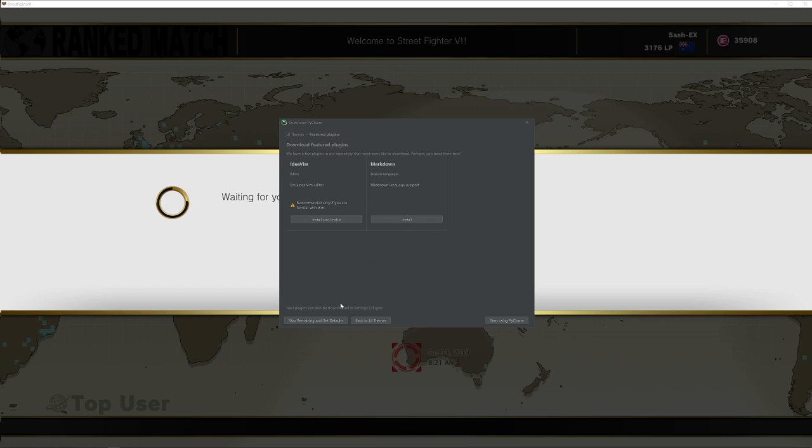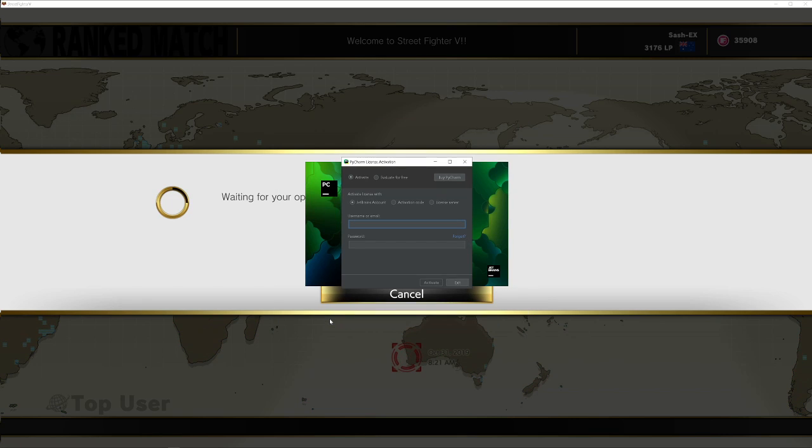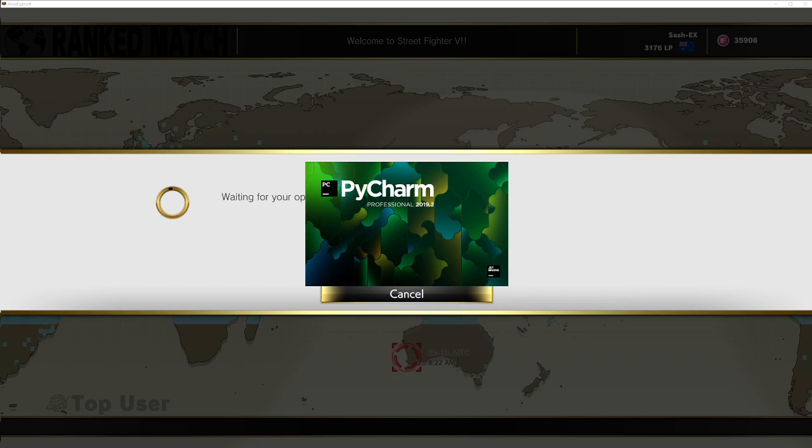So here's the main page of PyCharm that you're going to see every time you open it. Click on Create New Project. This is the location for our project. Let's call this project Hello World. Now, before clicking Create, expand this item